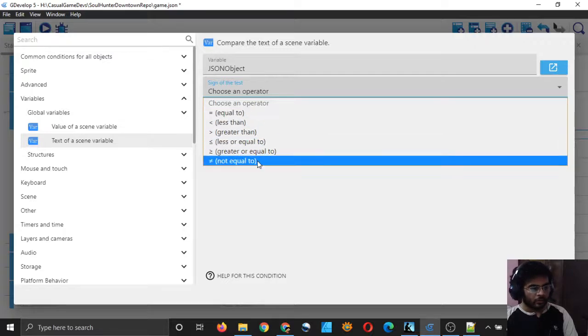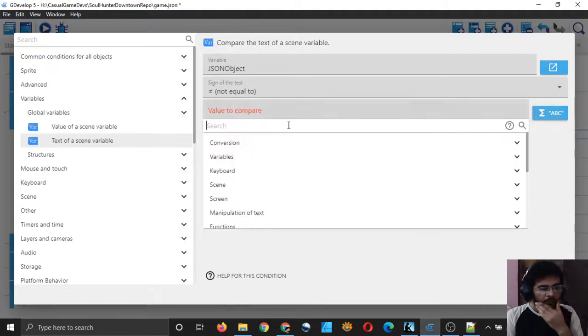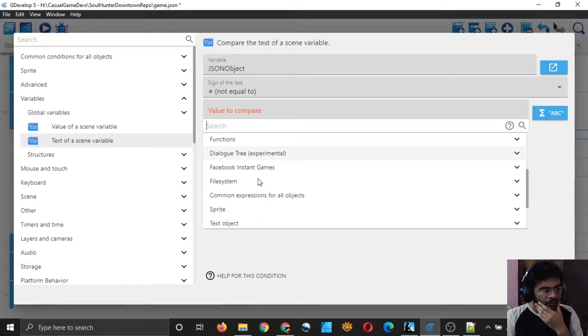If it is not equal to a null value, can I write null? Is there anything for null value here?